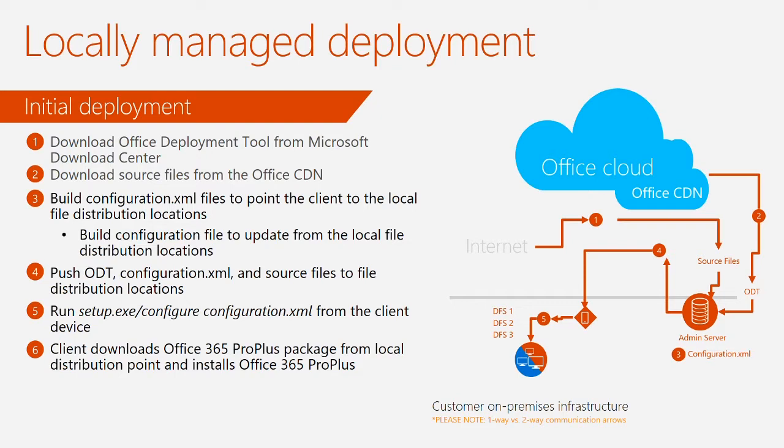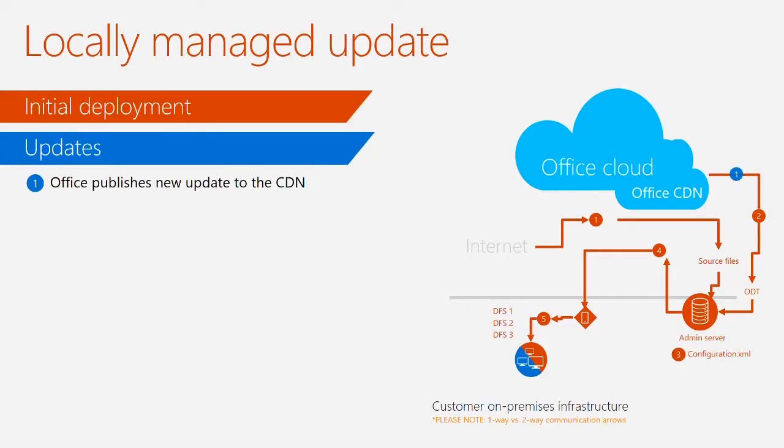Once that happens, the client downloads from that location and installs. So fairly straightforward from an install perspective. If I go to updates, how do updates happen? This is where some of our customers originally went down this path. I'm going to use a file share distribution instead of a cloud network because I want to be more controlling. But this is where they actually got into the scenario of why they chose cloud instead of file location. Part of it is the administrative overhead, right?